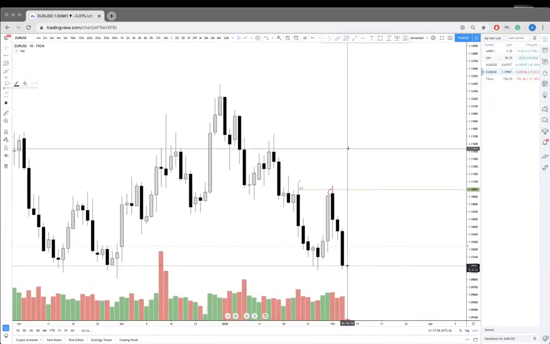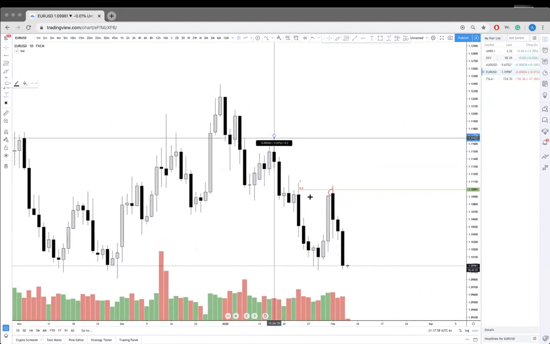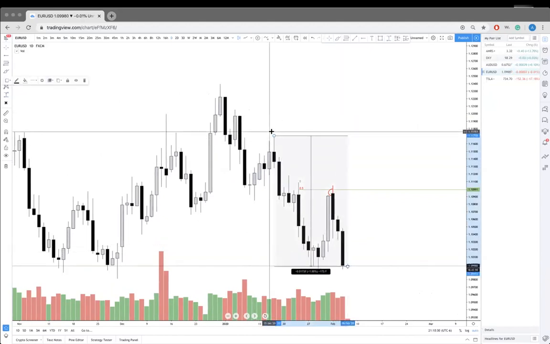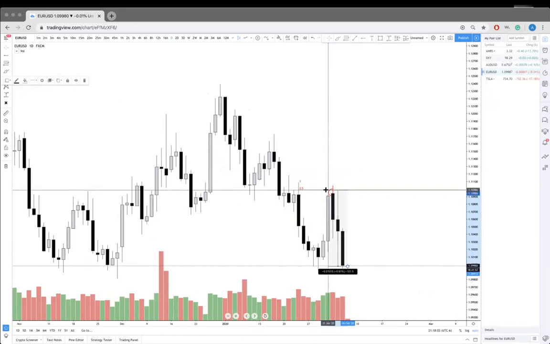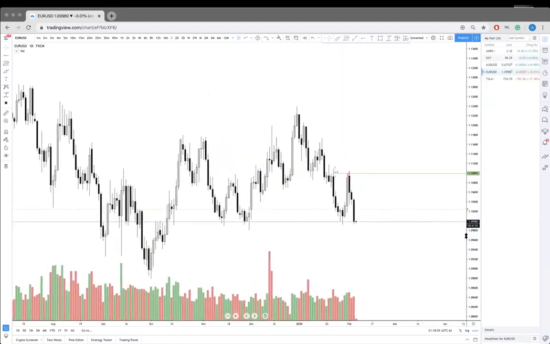Oh well, move on. So I did miss that high. And that would have been a really nice reentry because I'm still holding swings here. So this is up 170 pips. And then this second entry would have been up 100 already in 3 days. But it just goes to show you,